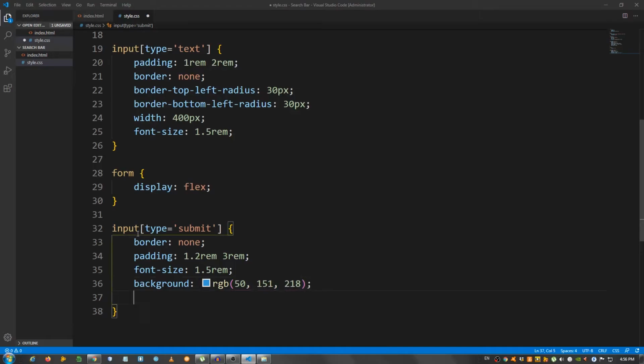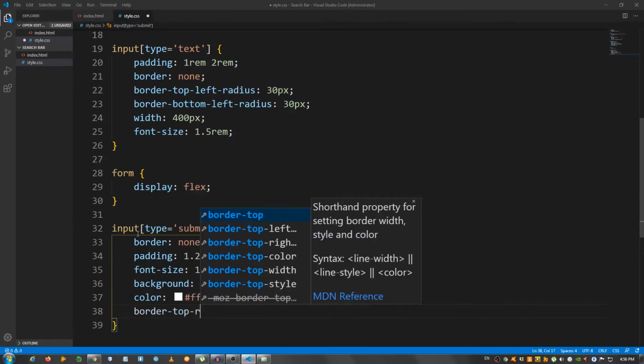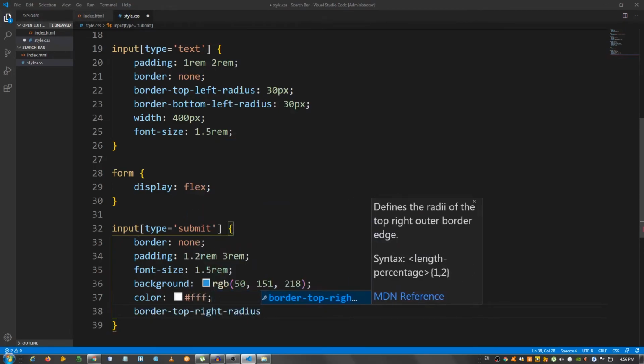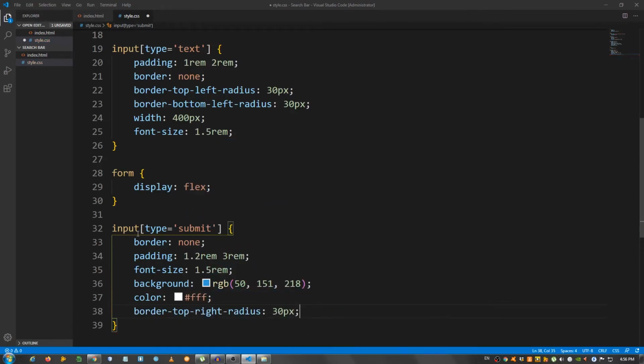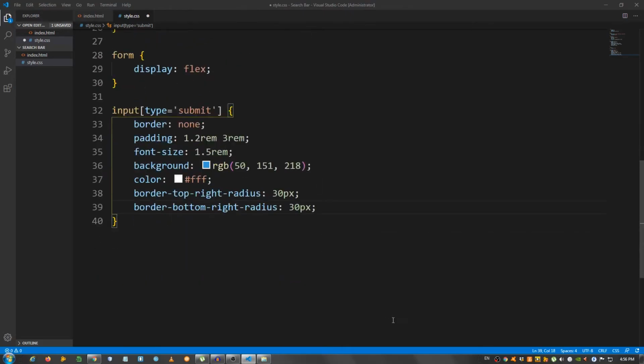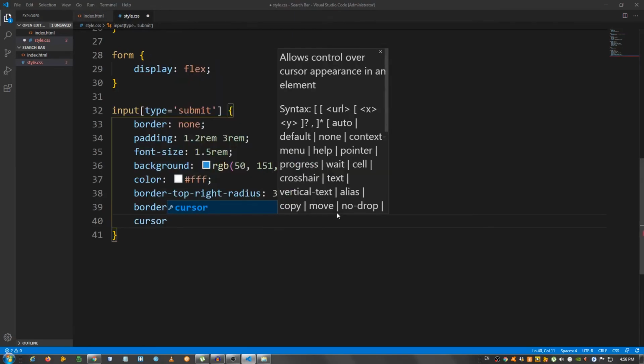Okay, the color is gonna be white, so #FFF. Border top right radius, I'm gonna set it to 30 pixels. Copy this, and border bottom right radius 30 pixels. Okay, I'm gonna give it a cursor pointer,